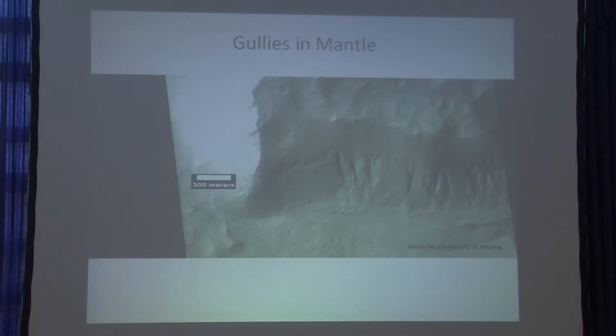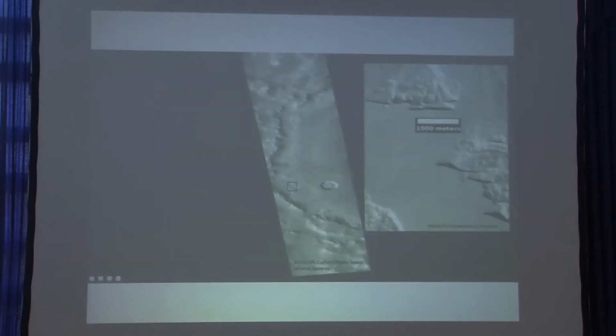and for maybe a couple months. So every day around noon, a little bit of water melts, a little bit of ice melts, and then you get this water and you get erosion, and that's enough, they say, to make these gullies. So that's probably what's happened there. So there's evidence there that they contain water. And then here's another